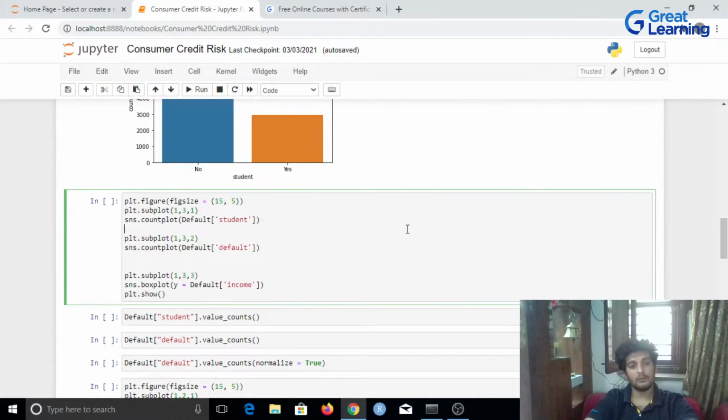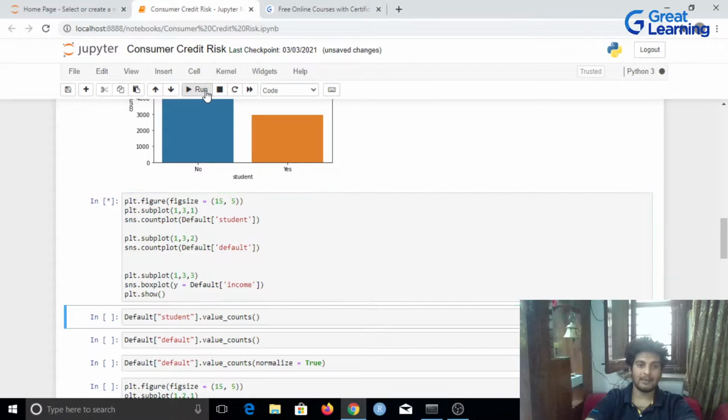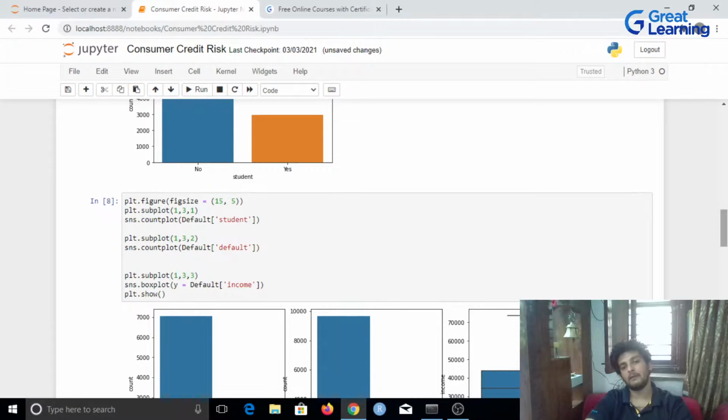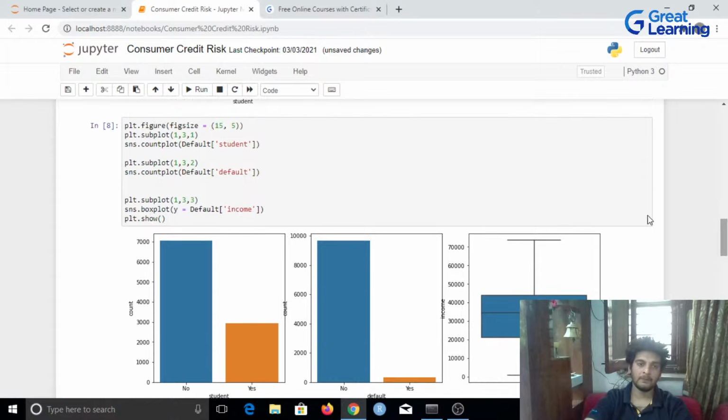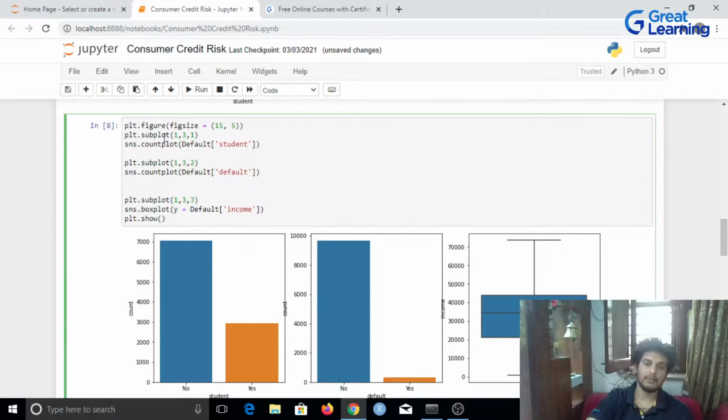Now, similarly, we are making count plots for student, default, and income, and we are putting all of those three in the same geometry or the same box. All of these are basically subplots, and if we have to create a subplot, I can just use plt.subplot.